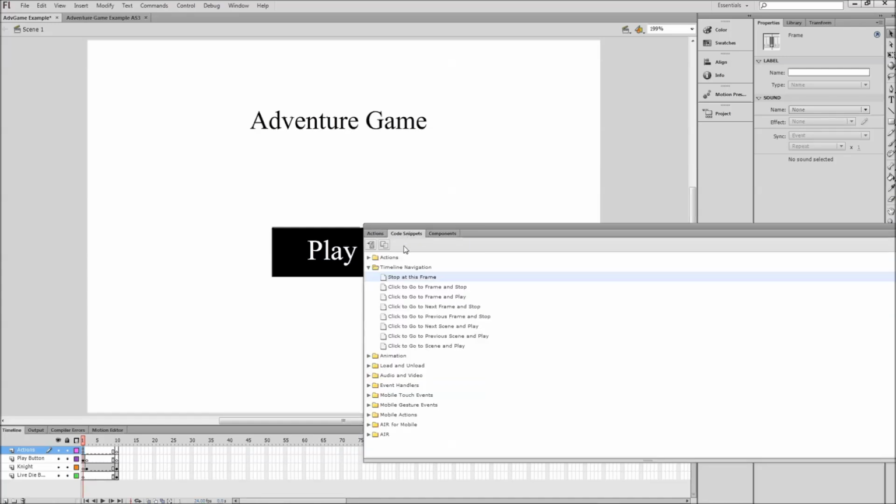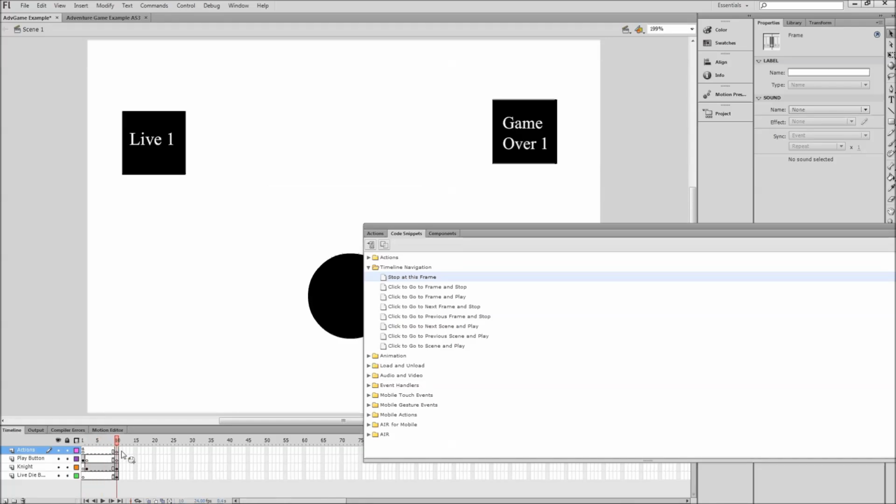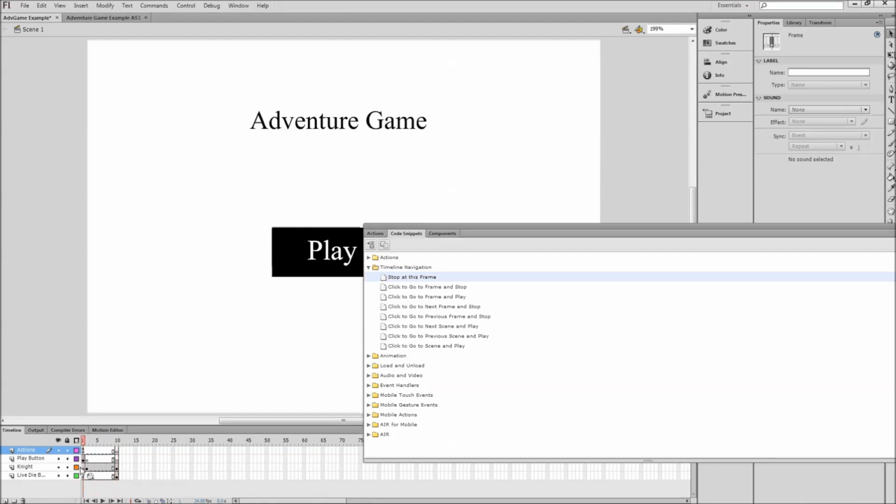This piece of ActionScript is go to frame and stop. Okay, so what we want to do is go to frame and play, should I say. We want to send the needle to frame 2 and then tell it to play to frame 10, and then stop at the end here. So again, it will place this on this frame here. So if we can just click on that frame there, if we select click to go to frame and play,